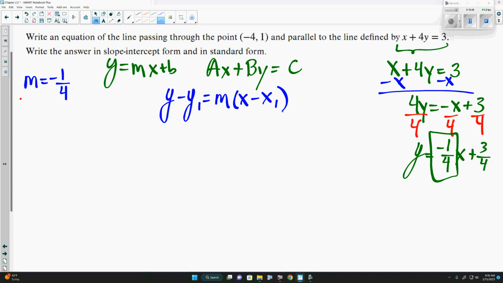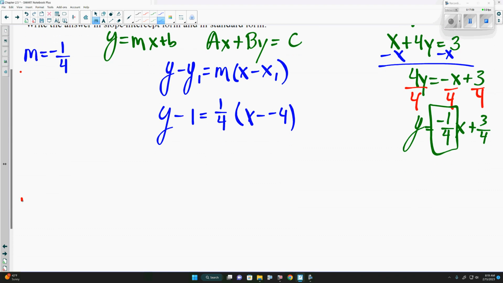Personally, I always start with point slope form, and we can go from there. Now our point that they gave us is negative 4, 1. So the y value is 1, our x value is negative 4, and our slope is negative 1/4. Well, the negative and negative does make a positive,